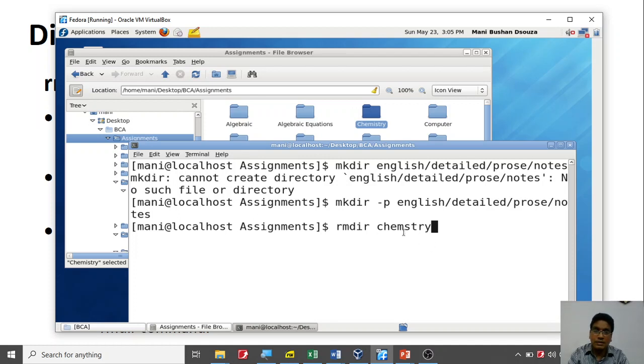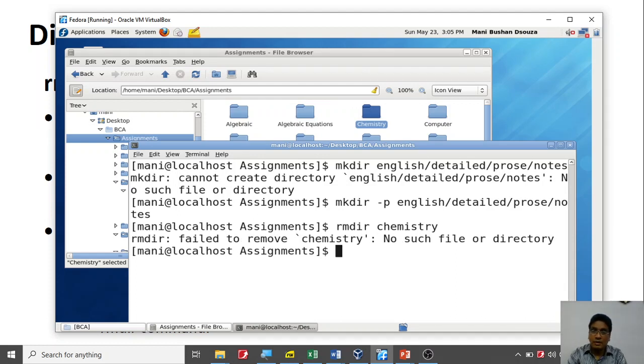If my spelling is not proper, I will not achieve it. Chemistry. So chemistry is hopefully this spelling, not the English spelling. This spelling and this spelling must be the same, otherwise it will give an error message. Hope that spelling is proper. Press enter, and because the